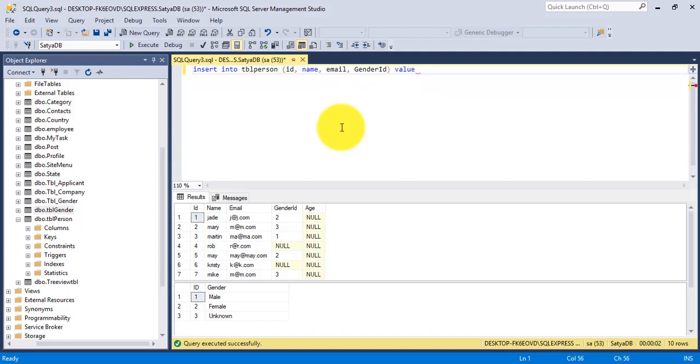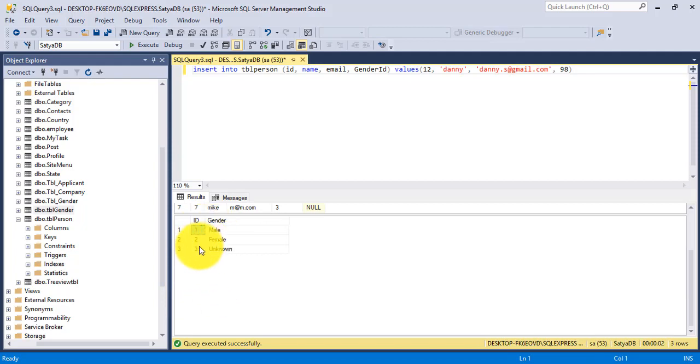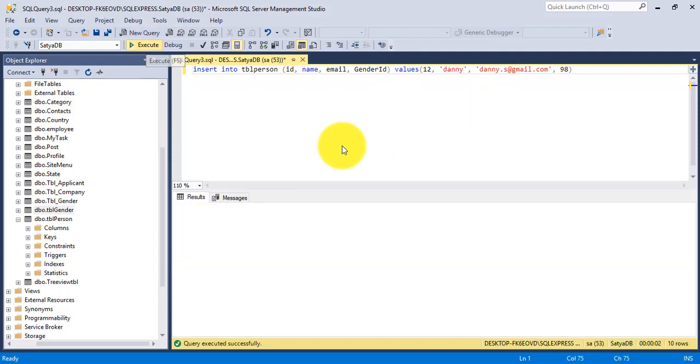The values I want to insert are 12 for id, and the name is Danny, and the email is danny.s@gmail.com, and for gender id I mention 98, so it throws an exception, because the 98 value is not present in our tbl gender table. So I need to execute it.